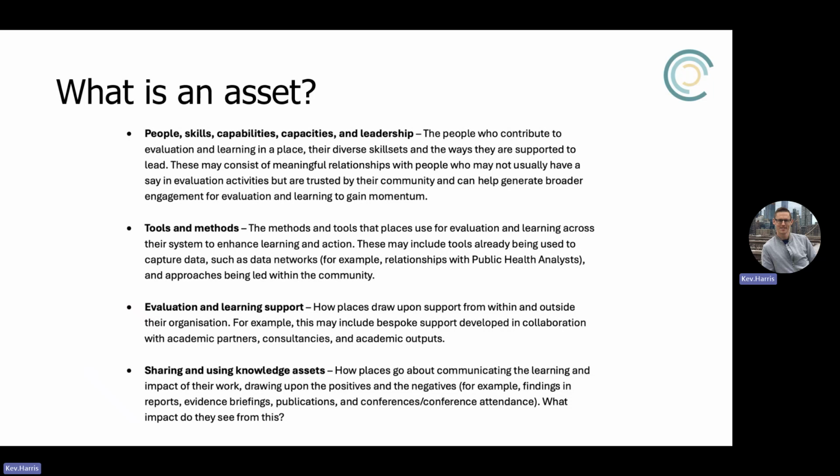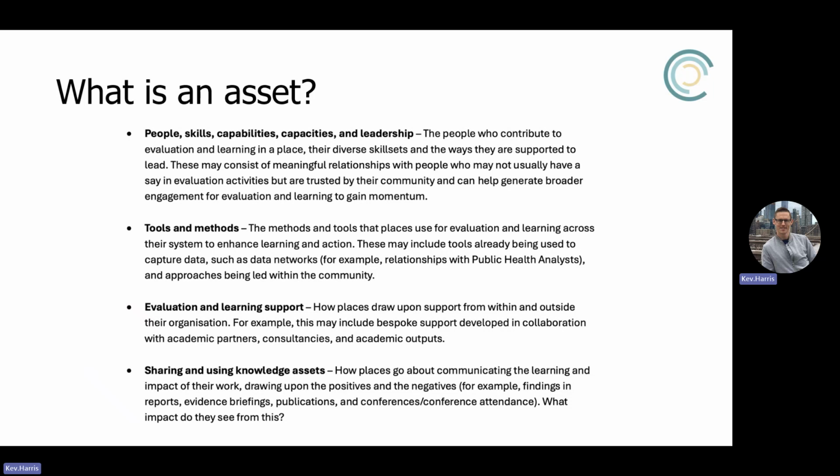And that's where there is an opportunity to really illuminate that, bring that to life and map where that actually is taking place within a particular area. Other things linked to that might be tools and methods, particular methodologies around evaluation and learning that people are using to good effect, such as stories of change. It could be ripple effects mapping. It could be contribution analysis. It could be ways of really bringing to life theories of change, for example.